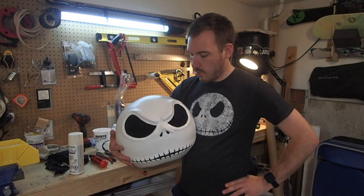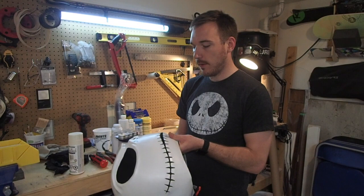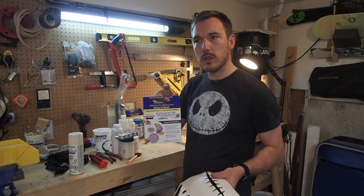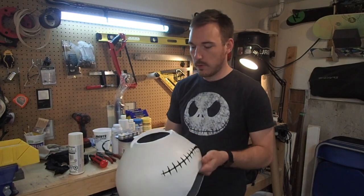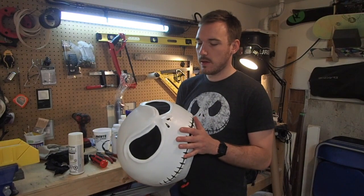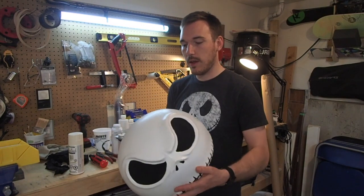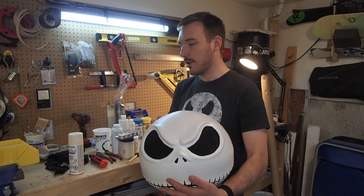And so what I've decided to do is try and make a copy of it. And what I'm going to use for making the copy is a product called Smooth On, which is a 2-part silicone. And with this silicone, I'm going to try to make a full silicone mold of this. And after I make the silicone mold, I will then be attempting to slush cast some new copies of this. And this is the first time I've ever done this. I don't know how it's going to turn out,